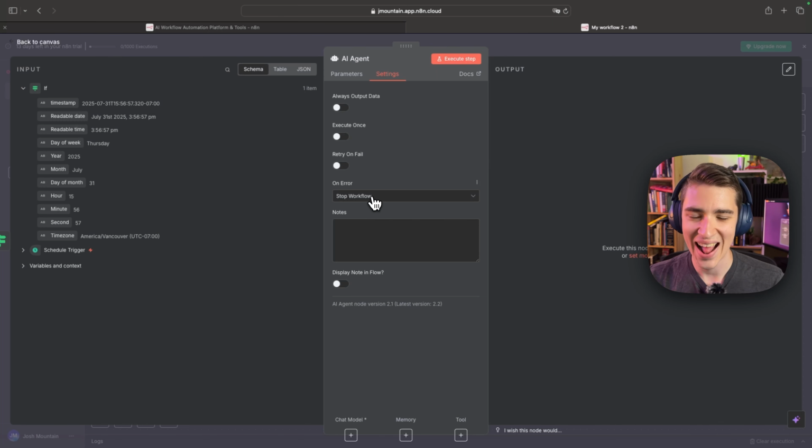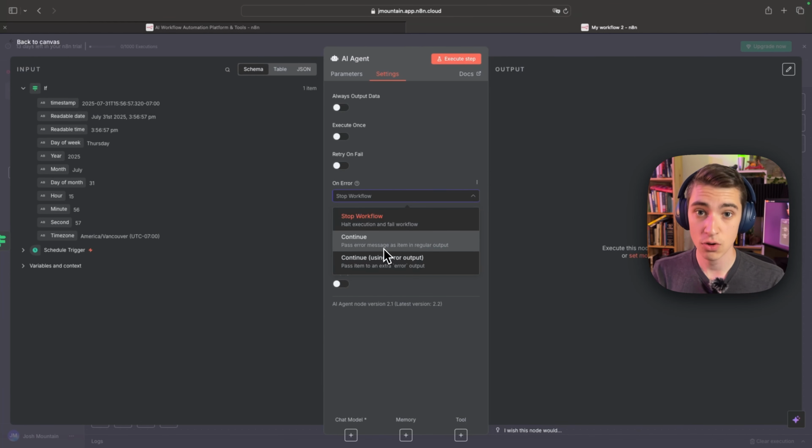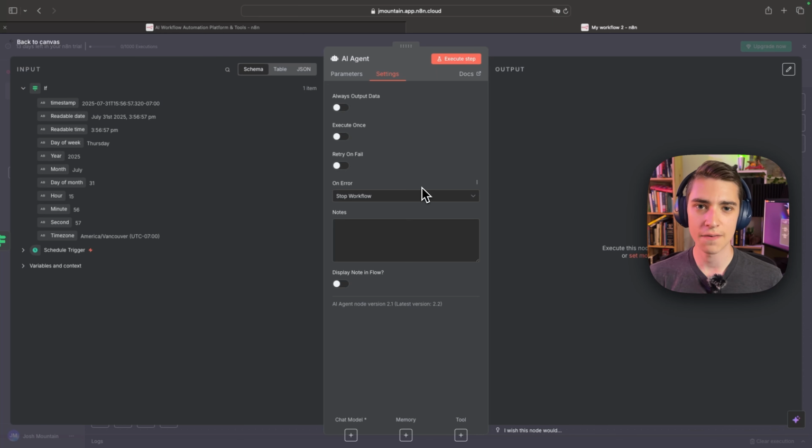And what happens when it has an error? Because if the AI agent stops working for whatever reason here, do we want it to stop the workflow entirely? Do we want it to continue the workflow? Or do we want it to continue, but understanding that, yes, it did fail, so we need to do something else entirely? It may seem complex, but it's actually a very simple way of understanding how exactly you're building